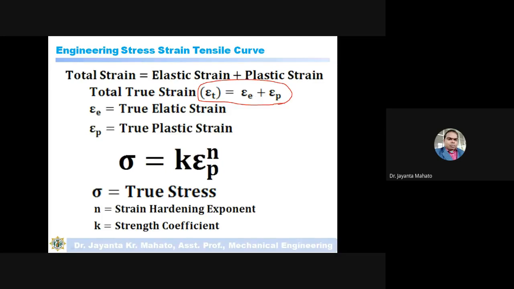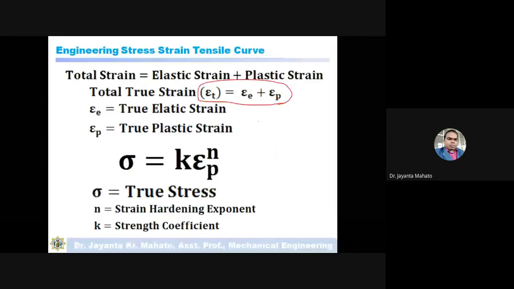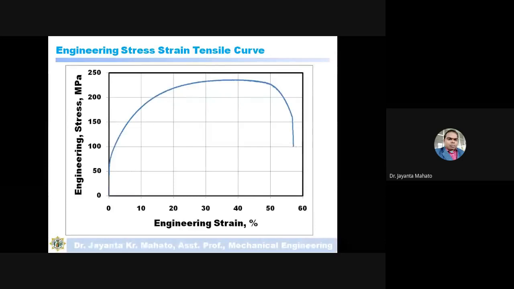This strain may be true or engineering value. True means instantaneous value, and engineering means the strain is the elongation up to fracture. This elongation is the engineering value.